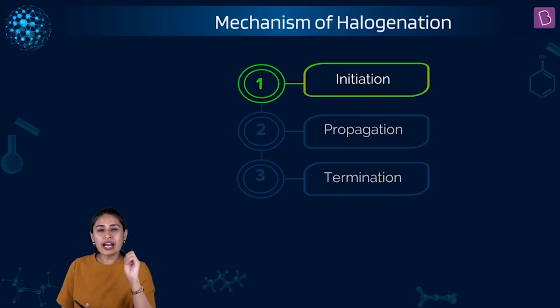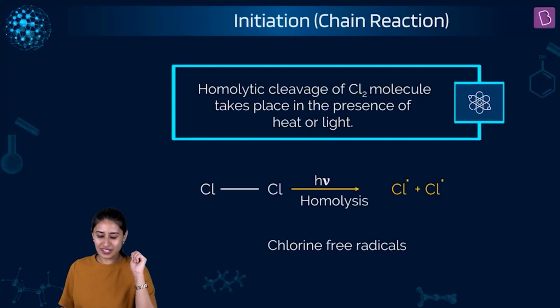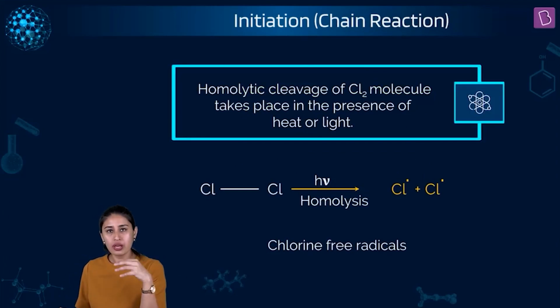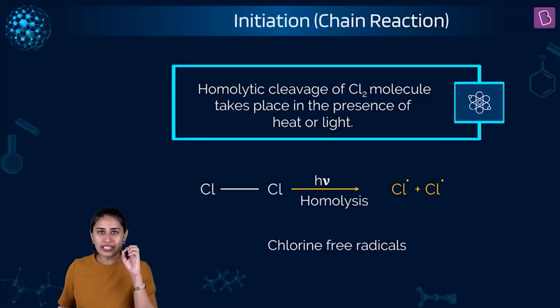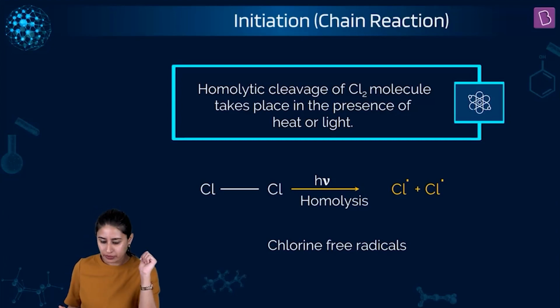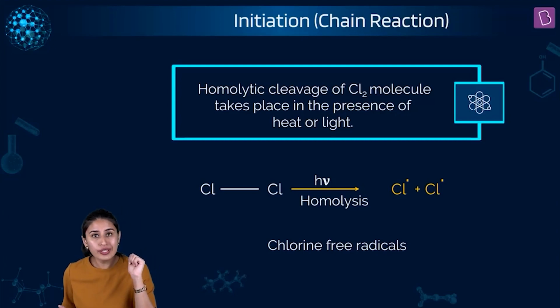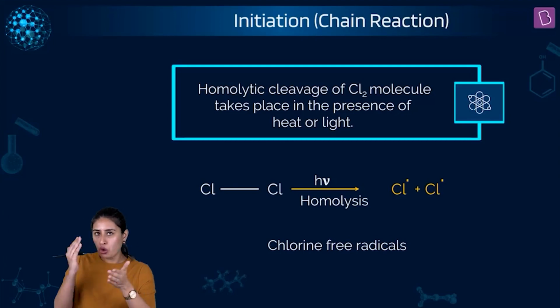The moment free radical comes into your mind, I'm sure homolytic cleavage is something that certainly comes to mind, right? So look at the homolytic cleavage that is going to happen. Of course, since I am talking about chlorination here, halogenation, right now I am making it specific. I am talking about chlorination. Okay? So we have, of course, Cl single bond Cl, H nu, so there is homolysis. So there will be this homolytic cleavage.